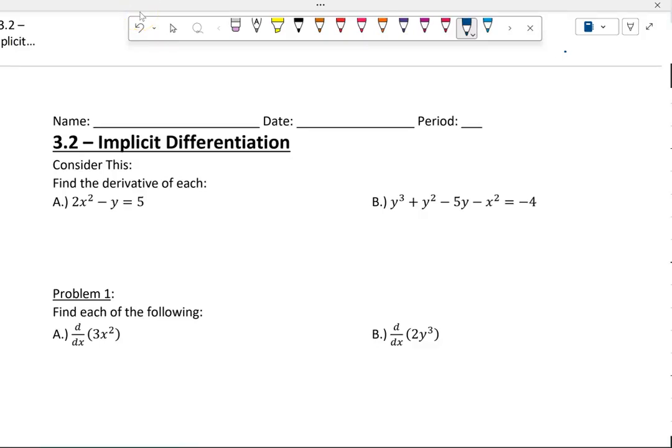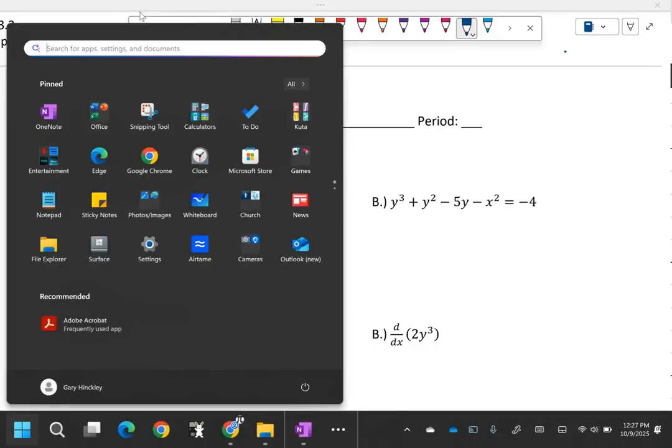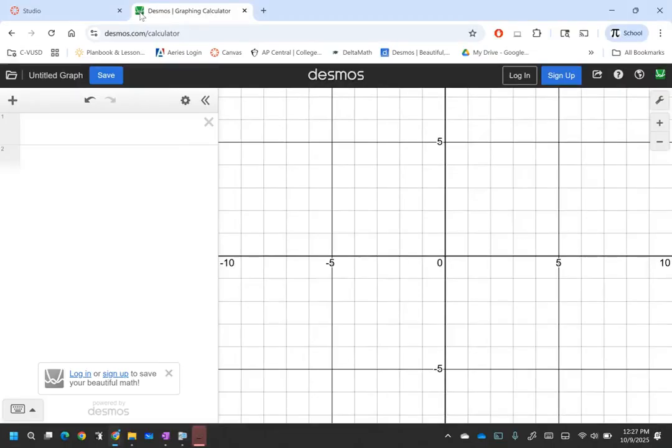So today we are talking about implicit differentiation. It sounds crazy. Let me show you what we need this for. We'll go out to Desmos. Up to this point,